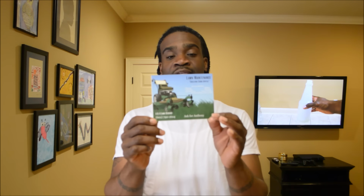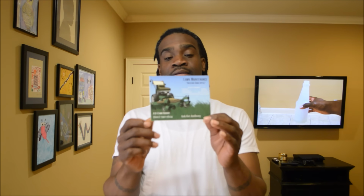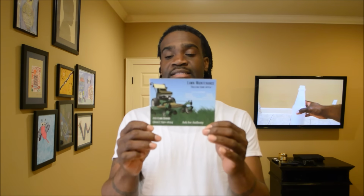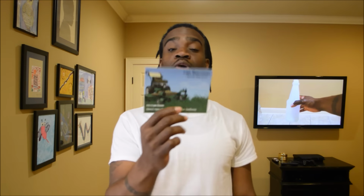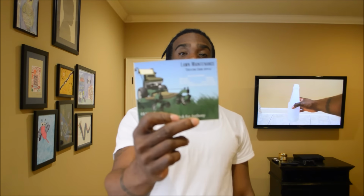This is when I actually pretty much got everything together, and I started because my first postcards had the lawn care on there, because at the time I hadn't started the car washing yet, so it had this on both sides. Well, when I added the car wash, I put lawn care on this side and I put the car wash on this side. And the cool thing I like about these is that you can also use them as business cards,